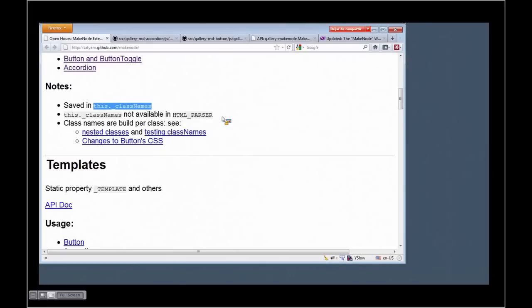You want to give that class name something that identifies it more specifically to your YUI component,